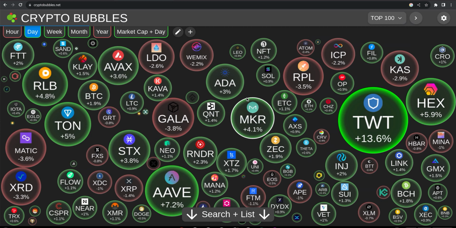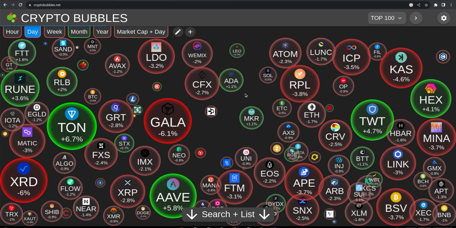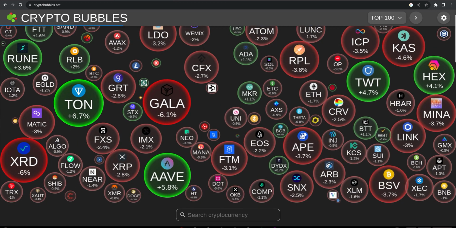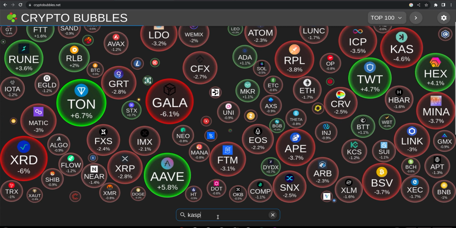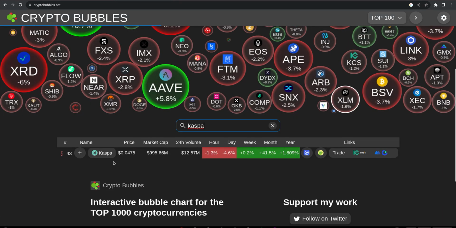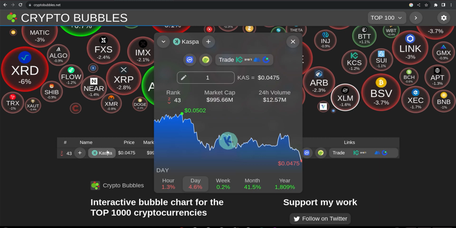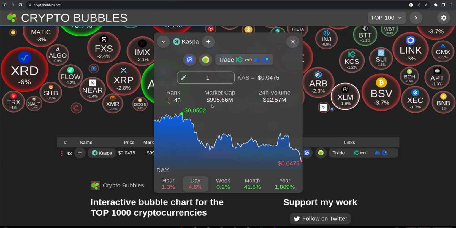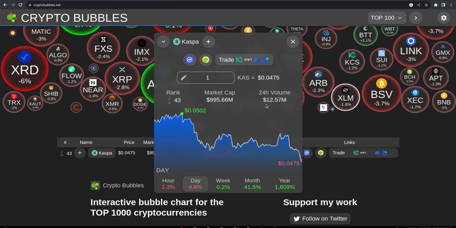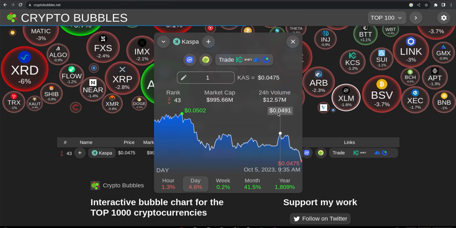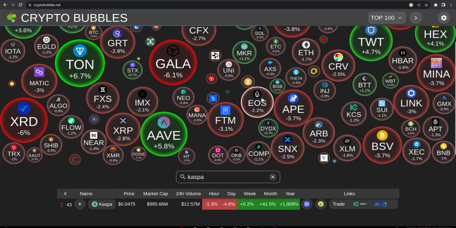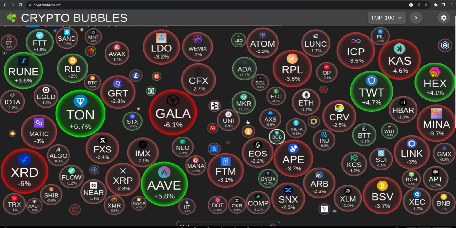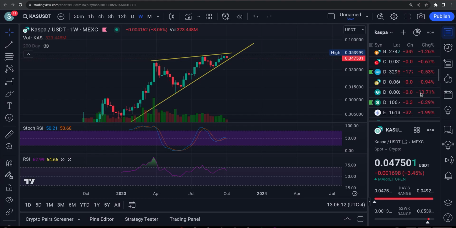Now if we go over here to the crypto bubbles, I just want to see where we're at. Let's pull this up. 43rd, there we are. We're down to number 43, just under $1 billion market cap. Volume has slacked off, 12.57 million. One of the biggest reasons for this, you can see a lot of red out there, is obviously Bitcoin. Bitcoin started the day up 300 bucks. Well, now it's down